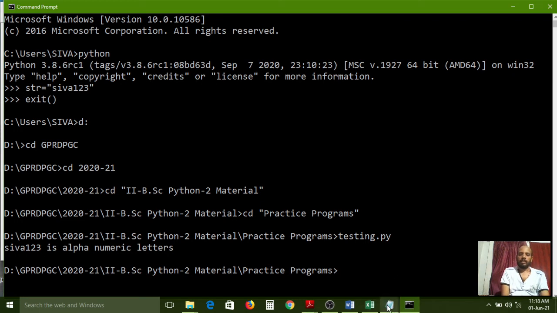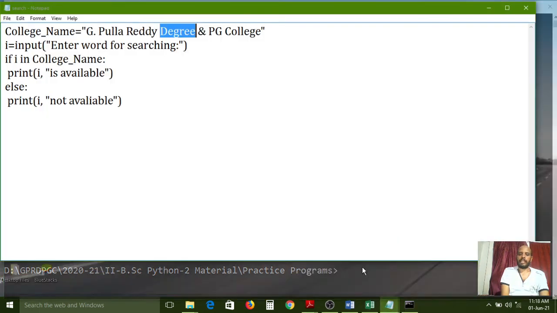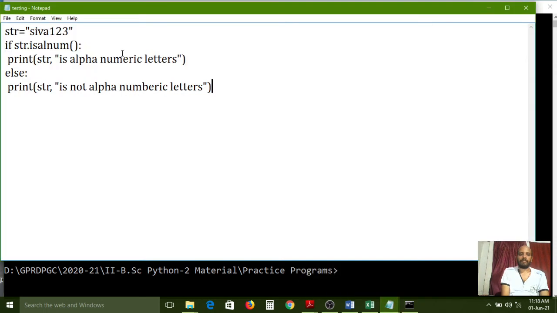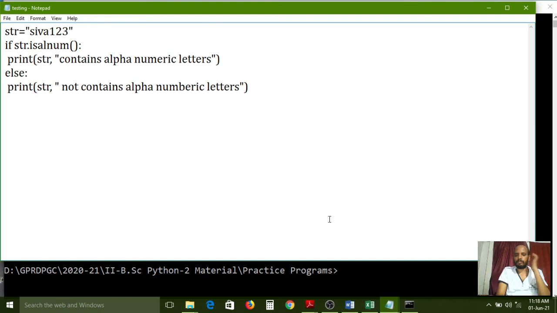Okay, and simply we can use "contains" instead. I am using "contains" and "not contains alphanumeric letters".